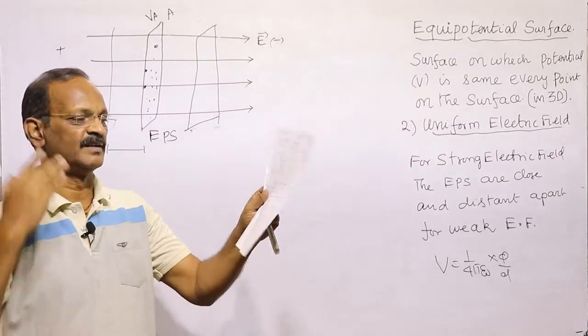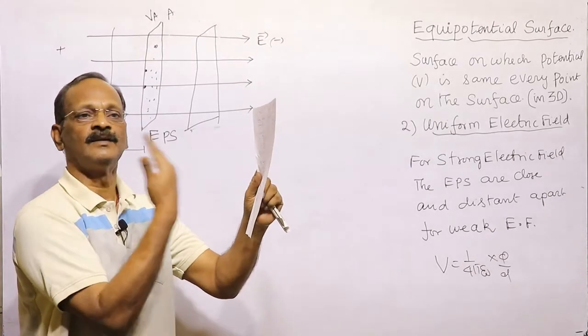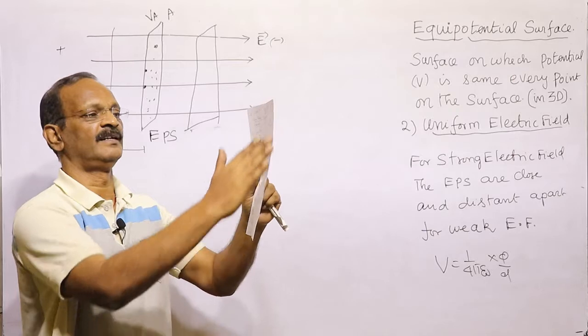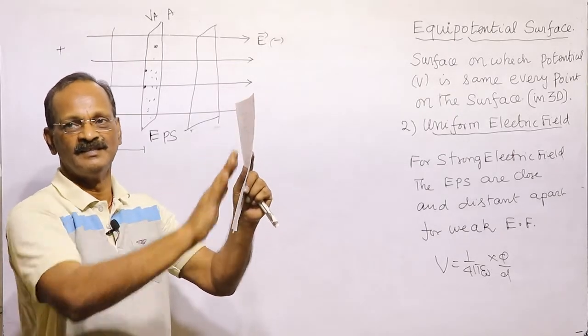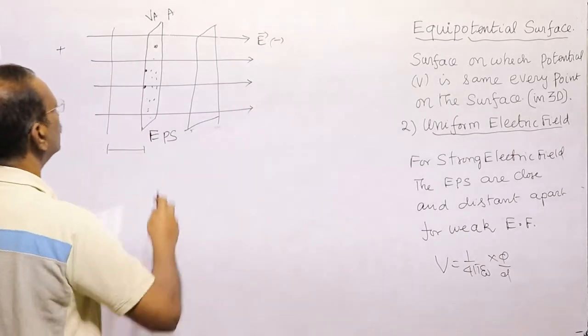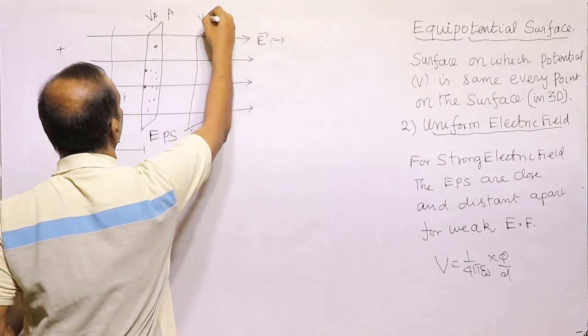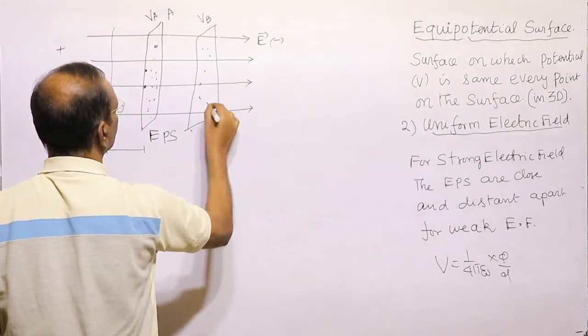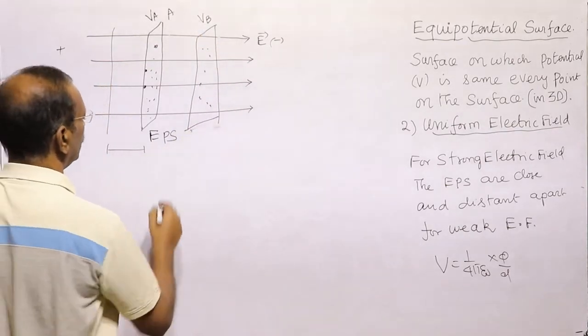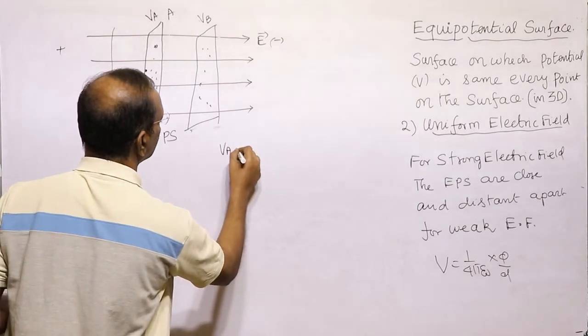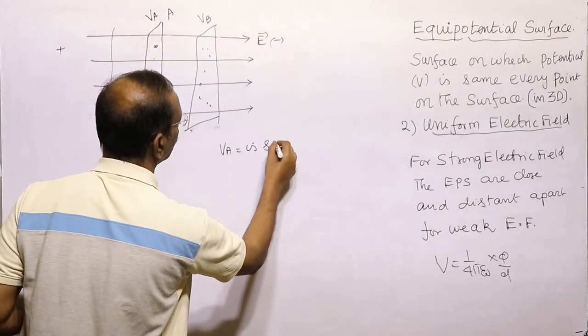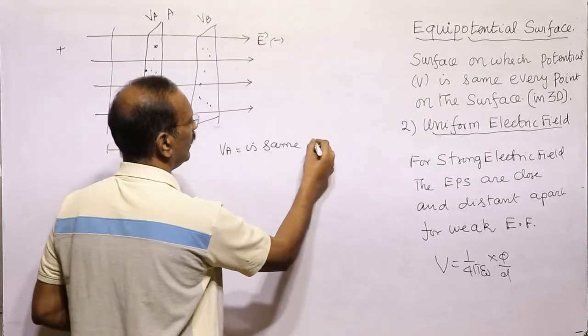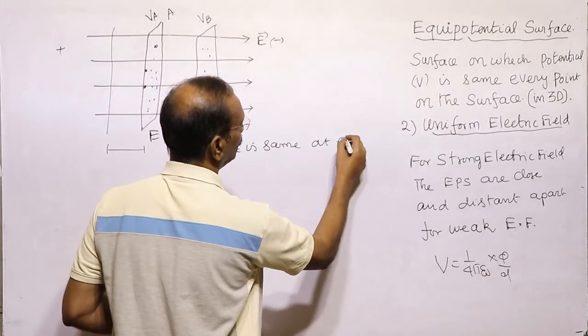The potential is the same because the potential is at equal distance everywhere in this area, in this plane. So here also the potential will be like this, VB. So everywhere the potential VB, VA is the same at every point